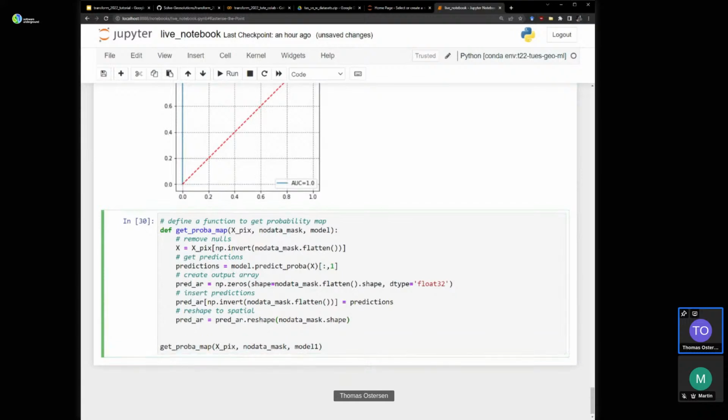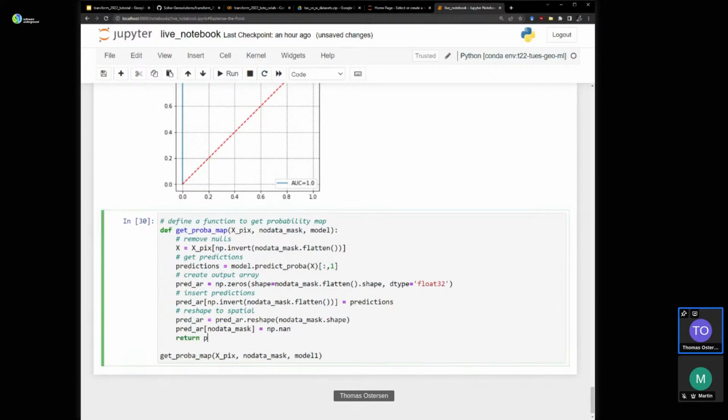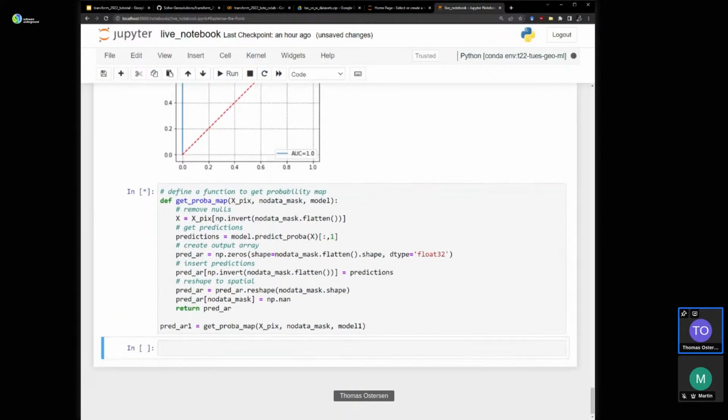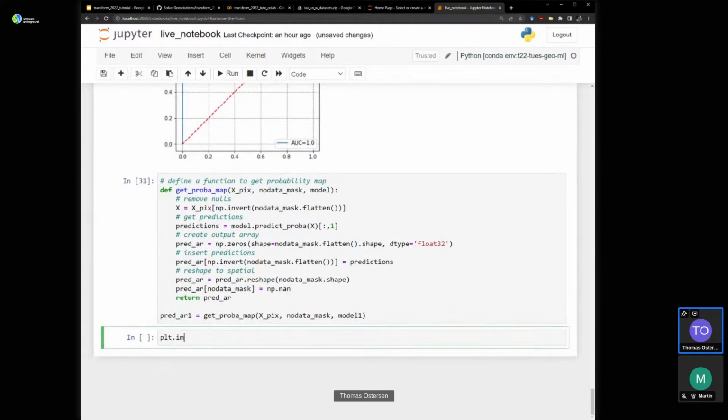Yes. Okay, so now that we've reshaped the prediction array, let's mask the no data with np.ma, and let's return it, the pred_array, and we'll go pred_r1 equals this. So let's look at that.